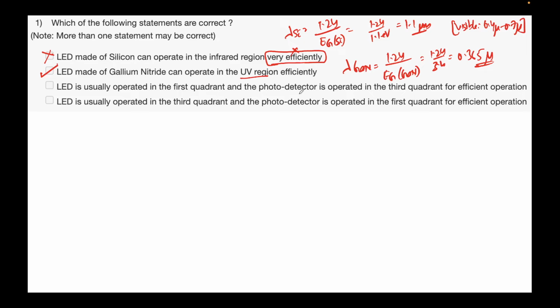The photodetector we have seen is operated in the third quadrant, right? So this option was incorrect, this part is also incorrect, this is correct, and this is also correct, right? So this third option is correct. So 2 and 3 are the correct options. But let's not pause here, and let me give again a brief introduction as to what a photodetector